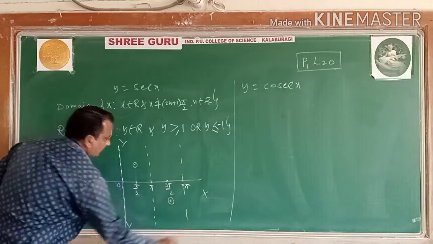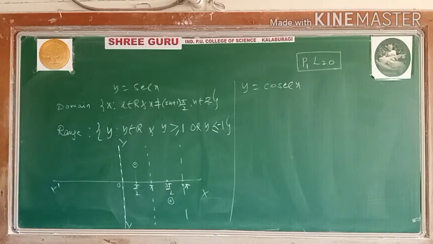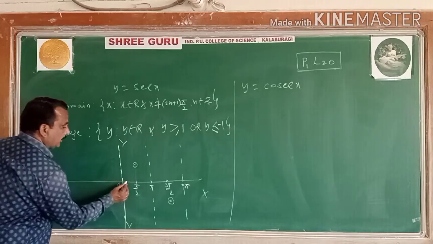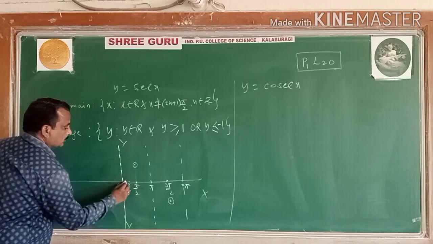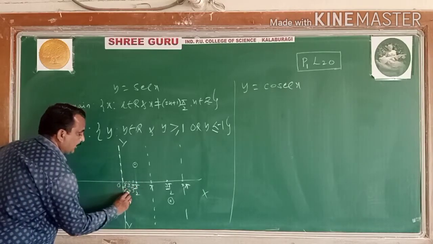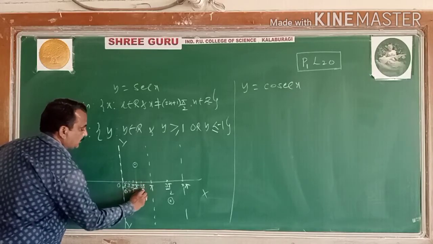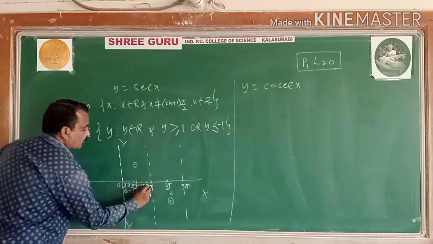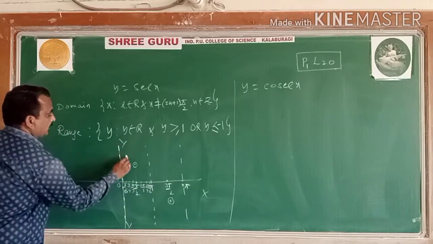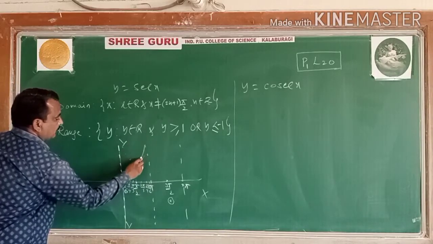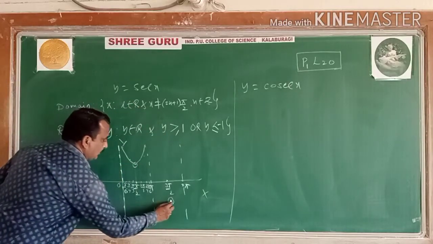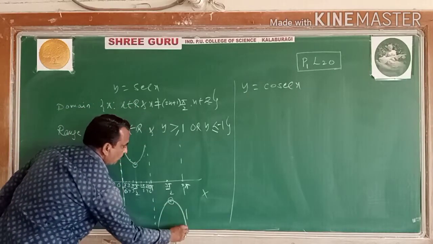Cosecant 2 pi is infinity. In the interval 0 to pi you may choose some values: pi by 4, pi by 6, pi by 3, that is 30 degrees, 60 degrees, 45 degrees, 120 degrees that is 2 pi by 3, 3 pi by 4 that is 135 degrees, 5 pi by 6 that is 150 degrees. Like that you will get the curve in between, as you got in secant x. I hope you have got one branch above and one below.